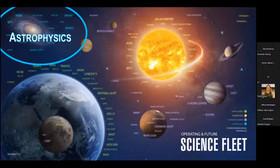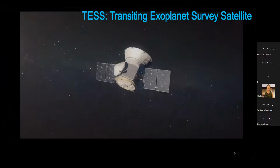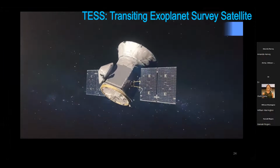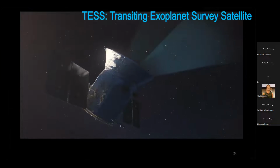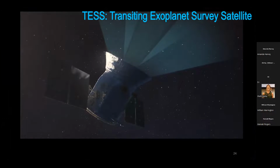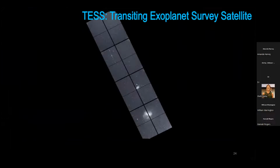All right, so now we're going to look at 3 of our missions for astrophysics, and they all have their main science questions, but in addition to those science questions, they also all have complementary studies of exoplanets. And so the first one we're going to look at is TESS. The Transiting Exoplanet Survey Satellite is a new exoplanet explorer that's surveying 200,000 nearby bright stars within 300 light years of Earth